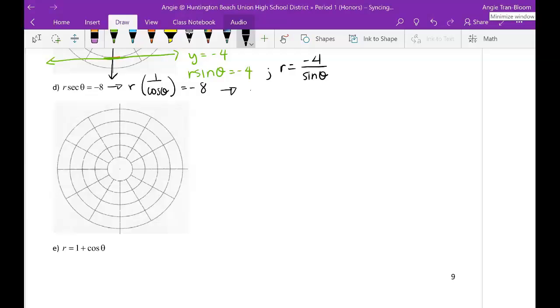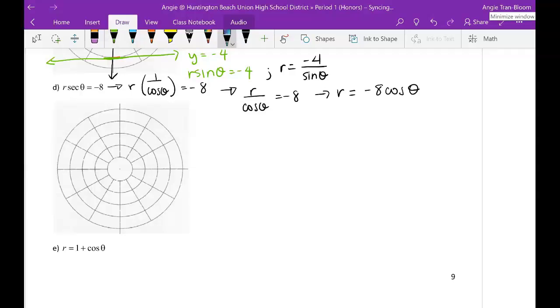So from here, I'm going to have r over cosine of theta equals -8. I'm going to try to get rid of fractions, so multiply both sides by cosine of theta. When I multiply both sides by cosine of theta, I have r equals -8 times cosine of theta. Okay. Now this looks like something that I can work with, except